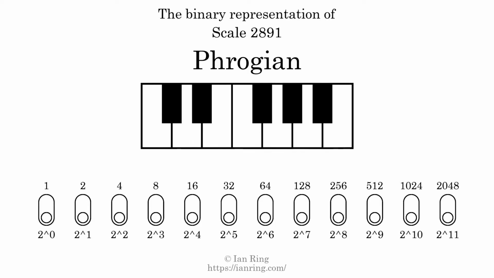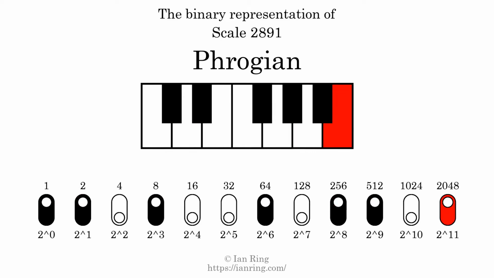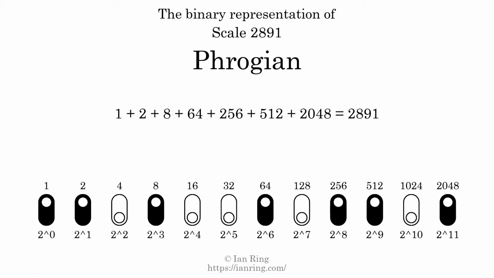The binary representation of this scale is determined by mapping tones of the scale to binary digits. Each binary digit represents a power of 2. To get the scale number, we add the powers of 2 together. The powers of 2 that are present in the scale, all added together, equals 2891. That is why the scale number, in decimal, is